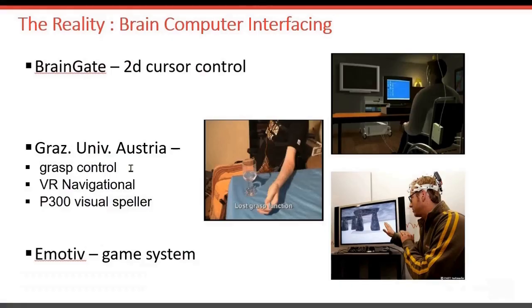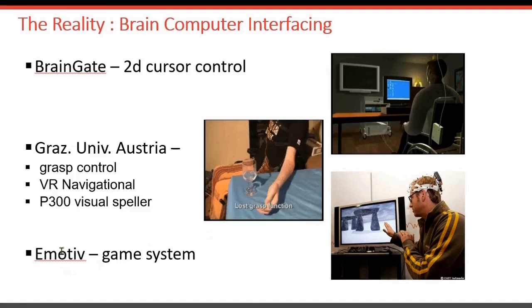So in reality, building brain-computer interfaces can be challenging. You have seen a couple of video demonstrations, all looking good and accurate. In particular, the so-called BrainGate project that we have seen can be used for controlling the cursor in two dimensions or an external robotic arm to reach and grasp objects or other applications.